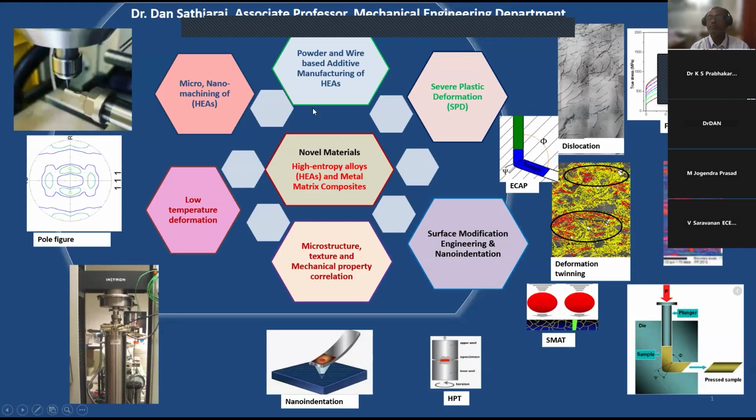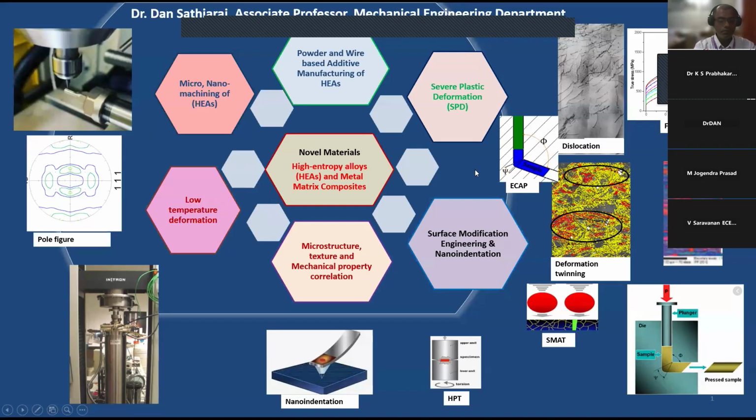Mainly, I'm working in the additive manufacturing of advanced alloys. We have almost all the technology of additive manufacturing, like powder based or wire based additive manufacturing. We have it. So, different kinds of material can be fabricated, 3D printed by using additive manufacturing. And also, we have some kind of